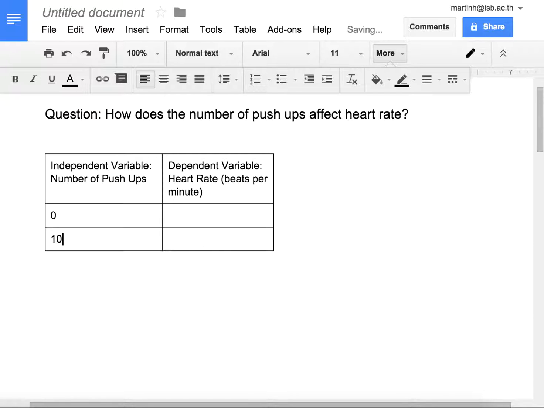And we can put the next version of push-ups, which is 10 push-ups. Now I'll hit Tab, I've got it blank, I can put 20, one more time, 30. So already I've started building the table. I'm already showing the versions of the independent variable, which is going to be 0 push-ups, 10 push-ups, 20 push-ups,